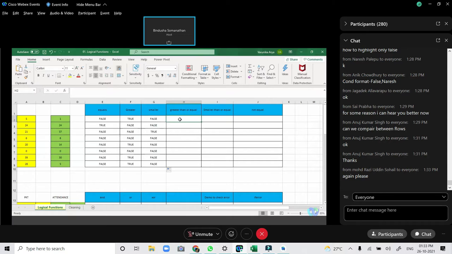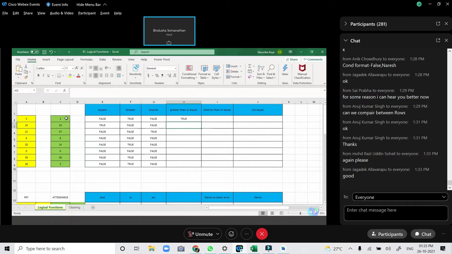Now, greater than or equal to, of course, the symbol is greater than equals to. So whether the number is greater than the cell being compared to, or equal, in both cases it will return true. Here 5 is not equal to 1 but greater than 1, so we have got a return value of true. 24 equals 24, so we have got true. 6 equals 6, but 20 is greater than 14, not equal. Still, we have got true. So as the name suggests, this operator works.